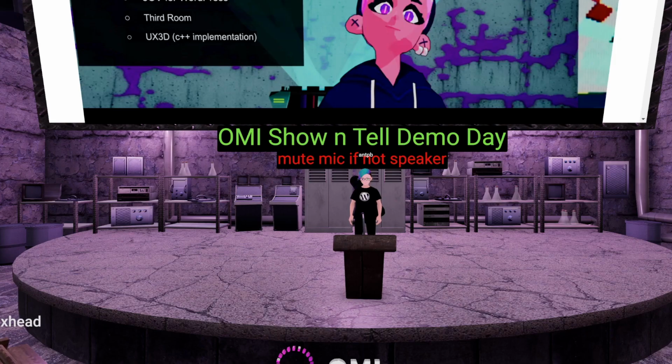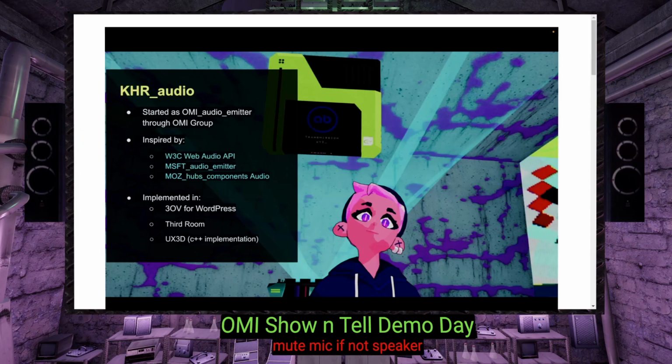There's binary data inside of it that has the audio, or it could be a URL pointing to an audio file. That's what tells it, okay, you're going to be emitting the sound into the world, but use a reference of the source of audio, and a reference of the properties of the audio. Does it autoplay? Does it loop?